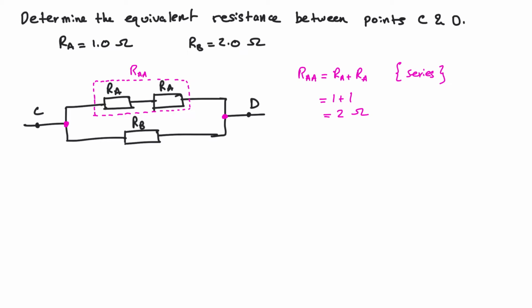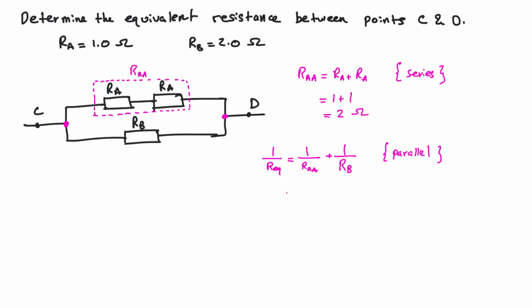So the 1 over R equivalent is going to equal 1 over RAA, that's this one over here, and since that is connected in parallel with RB, it's going to be 1 over RB. And this is because they are now in parallel. And since I have a parallel and series,